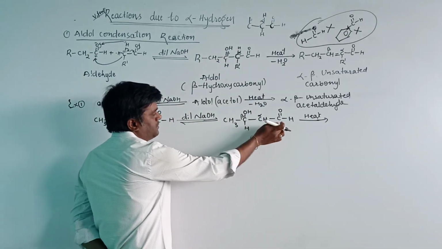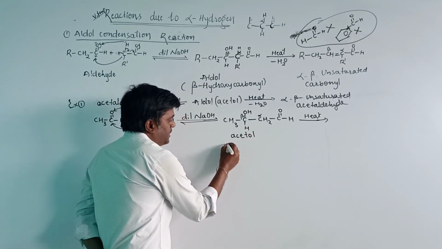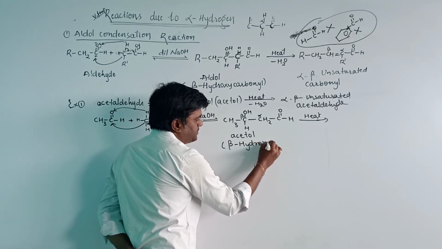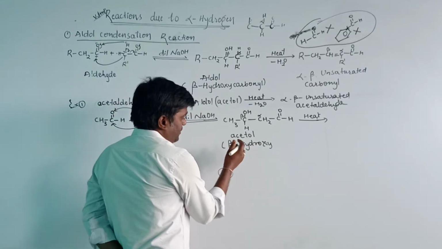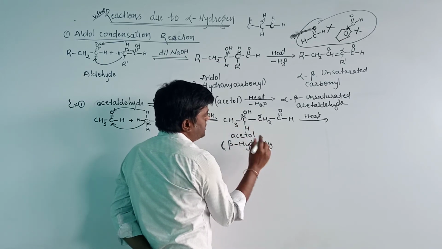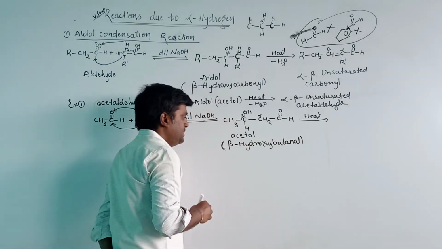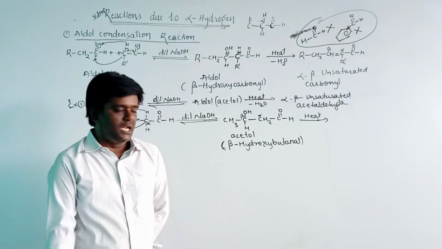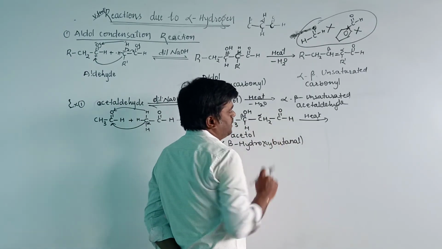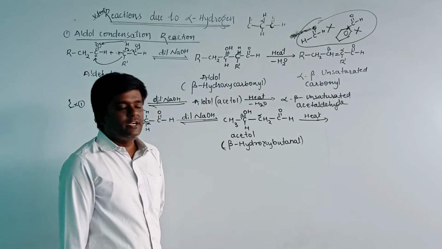That is, aldol is contained in the acetal. This compound is known as an aldol, that is, beta hydroxy. We will write another name for this aldol: beta hydroxy, 1 2 3 4, that is, beta hydroxy butanal. The IUPAC name is beta hydroxy butanal. Four carbon atoms are present, therefore but, and the functional group is an aldehyde, therefore we write al. Therefore the name for this compound is beta hydroxy butanal.